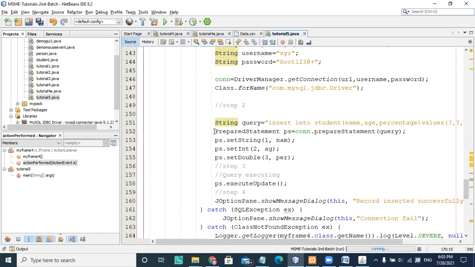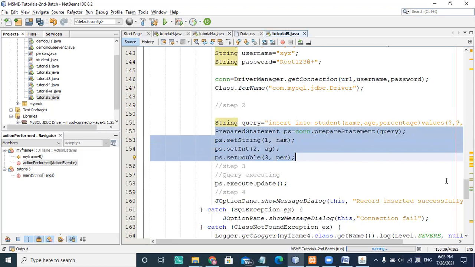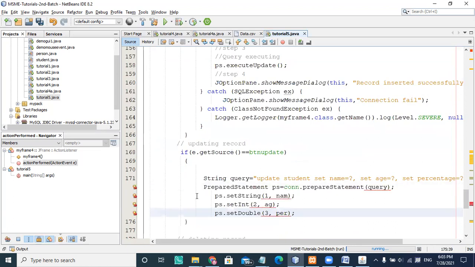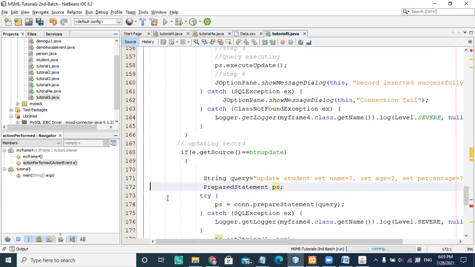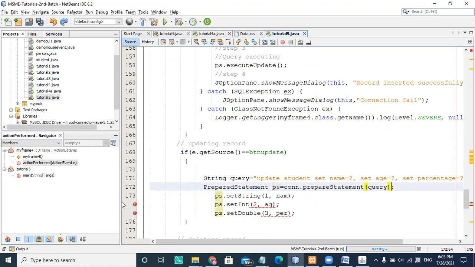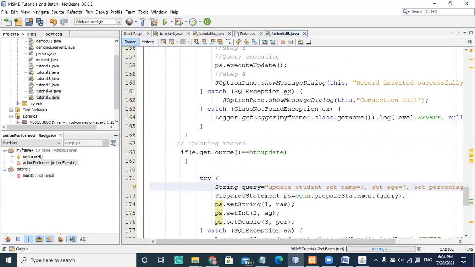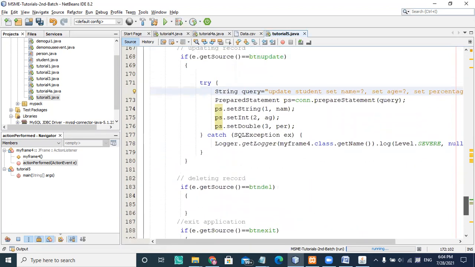A prepared statement is executing this query, and I'm selecting the new value here. So this is my prepared statement, and this is my connection query, surrounded by a try block. The prepared statement will execute here.